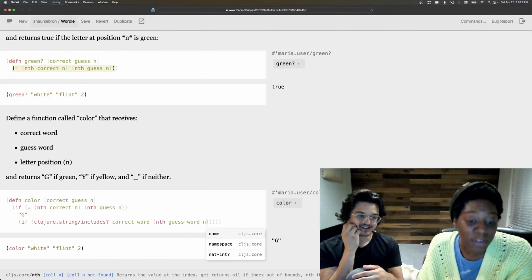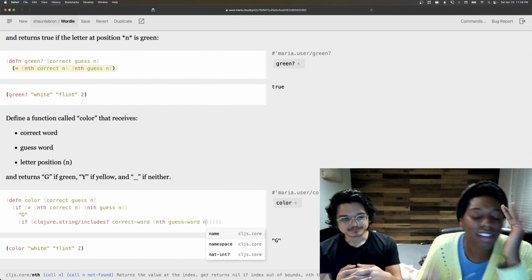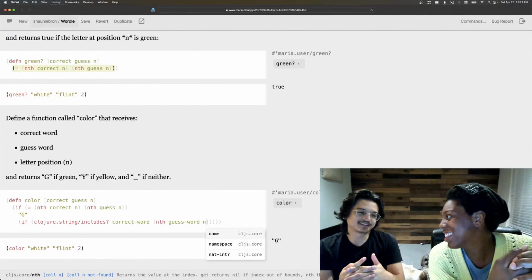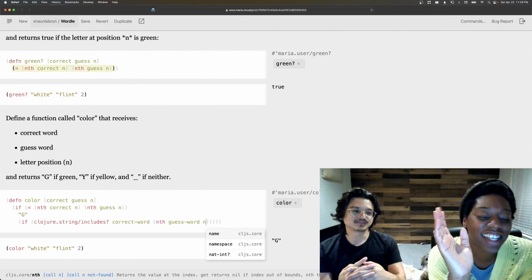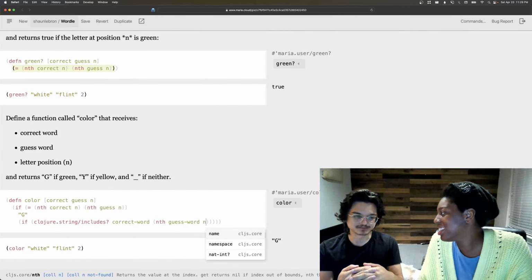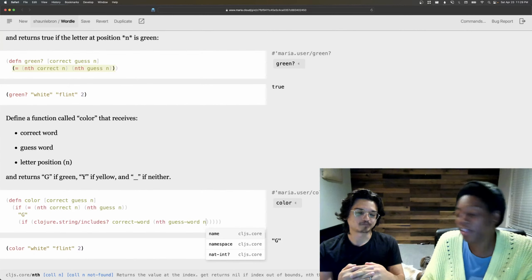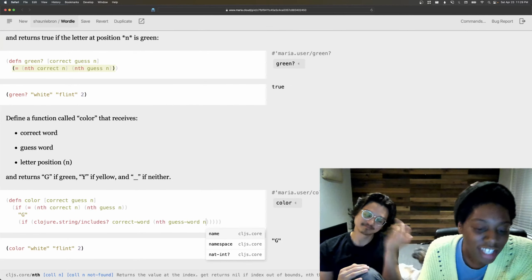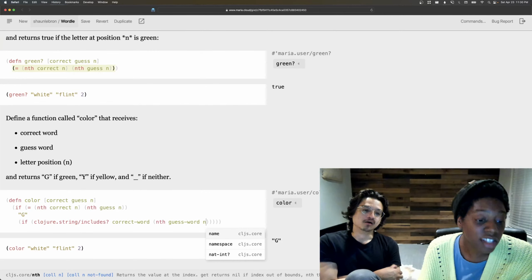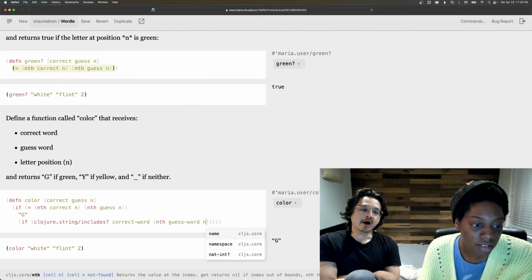So if the nth position of, oh god, I don't know how to say these things out loud, but the nth letter. You can just say nth letter of the guess word. We could even rename some of these if it would help. It's just hard to say out loud, but I understand, I think, what it's saying. Okay. But okay, so if the nth letter of the guess word is included in the correct word at all,